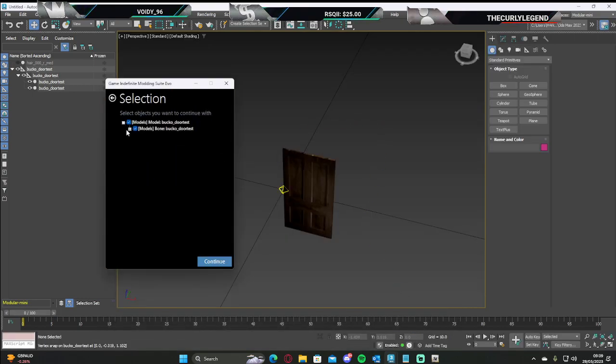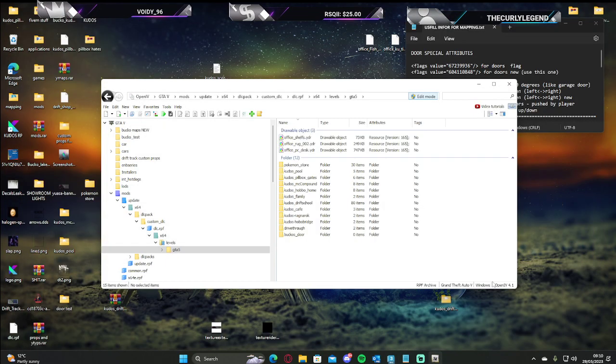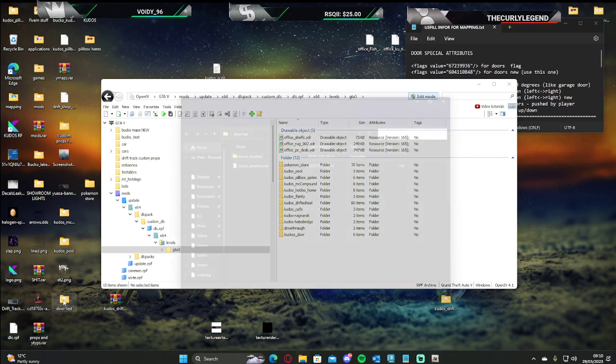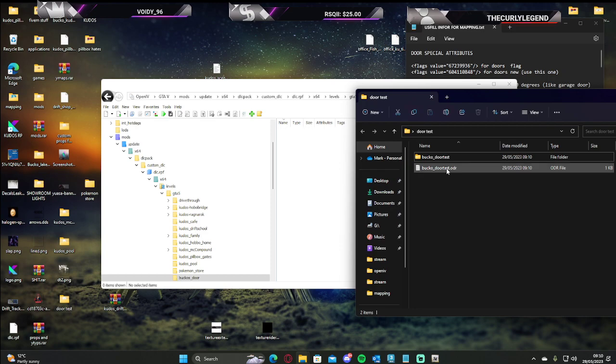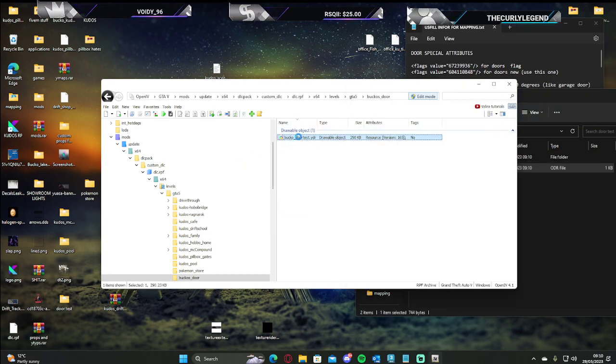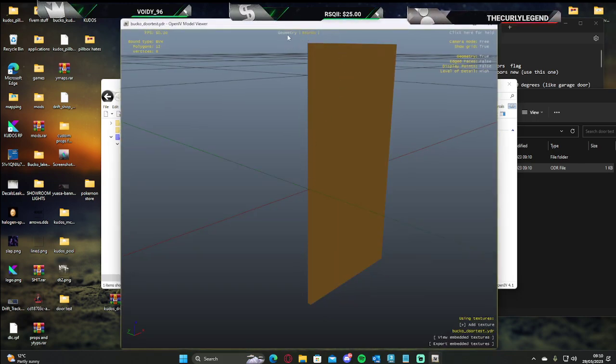Just make sure it's all going to be in there. So you'll have a model, collision, models. Continue. Done. Export finished. Now you find it. There it is. Drag your model into your OpenIV. Just open it, double check it, make sure it looks okay. Click bounds to make sure your box is centered,